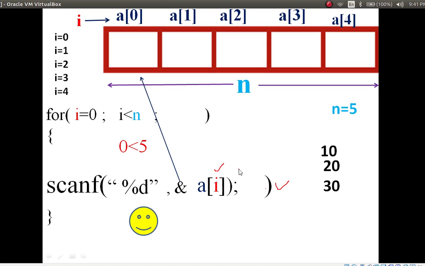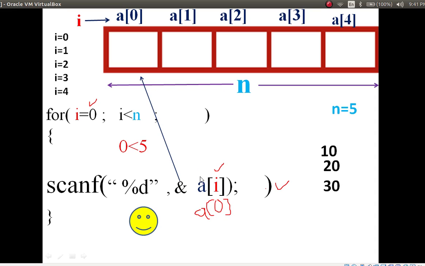After a of i, it points to a of 0. What is the i value here? The i value is 0, so 0. Now it becomes square brackets, then a of 0.